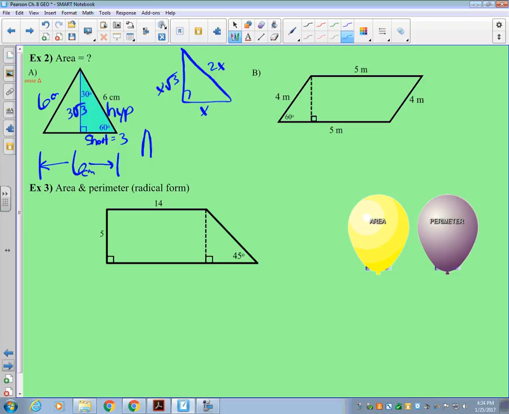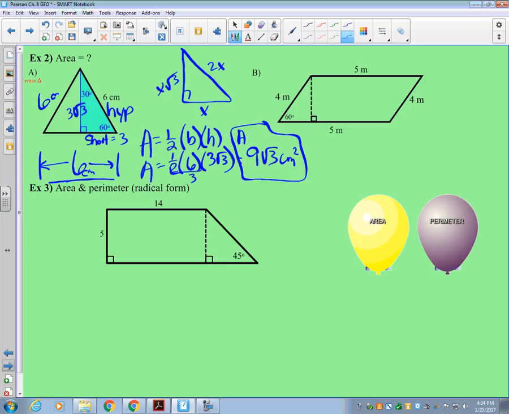So now I'm going to take the area formula, 1/2 base times height, and plug in our pieces of information. 1/2, the base is 6. The height is 3 root 3. And then all I have to do is simplify everything together. Half of 6 is 3. 3 times 3 is 9, and I'm stuck with that root 3. And that is centimeters squared. So the area is 9 root 3 centimeters squared. Yay! All right,